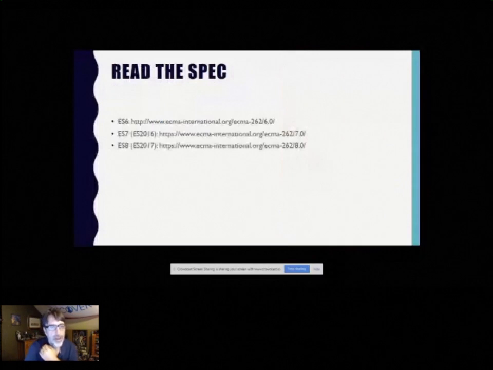So in terms of how you actually find out what's in these specifications, remember this is all written down. You could hit those URLs that I have on screen there and you could read them, and I will warn you ahead of time: these are extremely dense. And how dense are they?